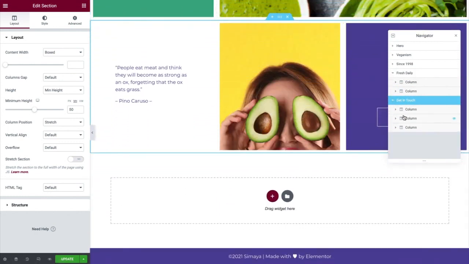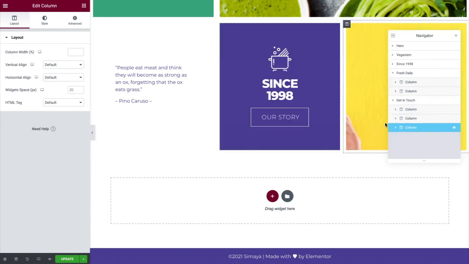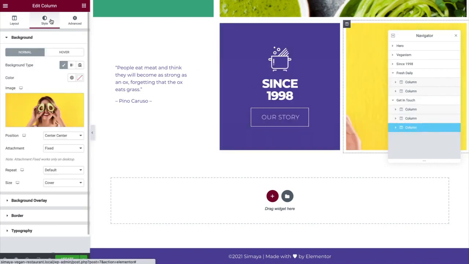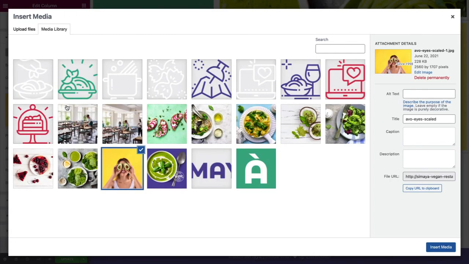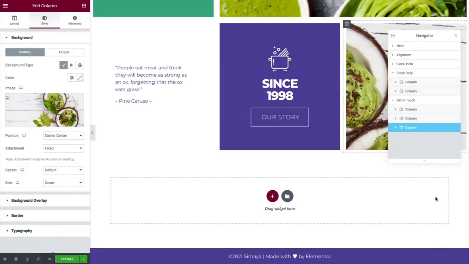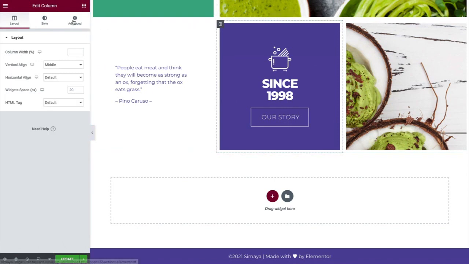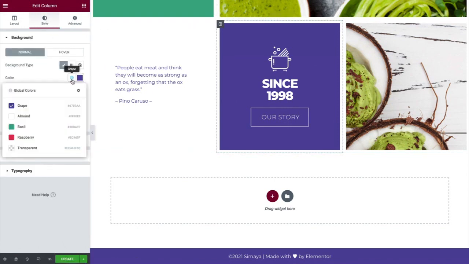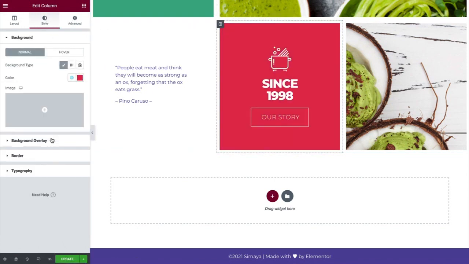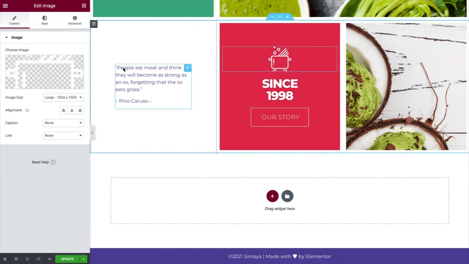Now drag the second column to the end of the section, and in Style, replace the existing image with the new one. Go ahead and close the navigator. Select the second column, and in Style, change the background color to raspberry. Replace the image,